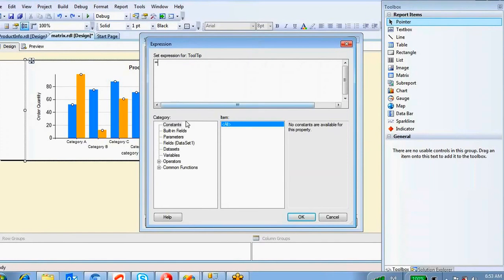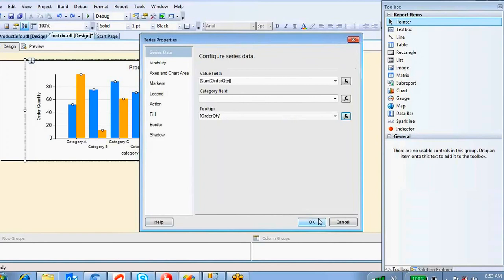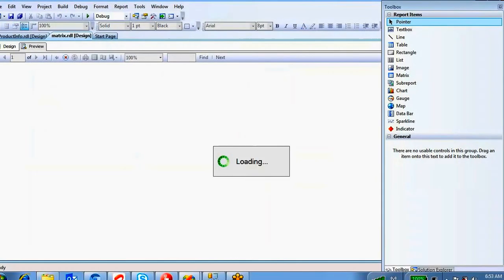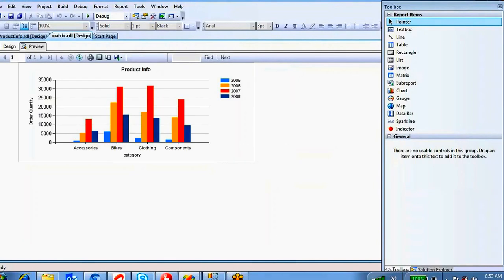Here I'm going to present the order quantity value. Click OK. Click OK. Preview it. If you move the cursor here, it is showing